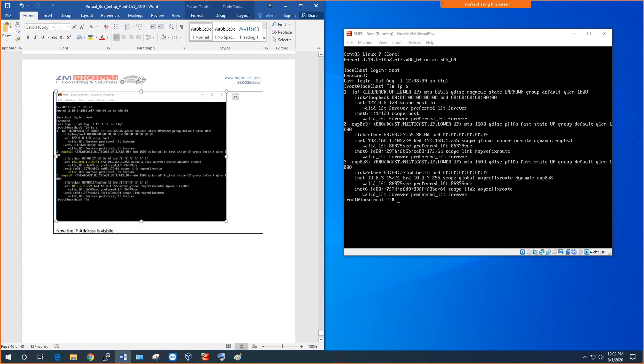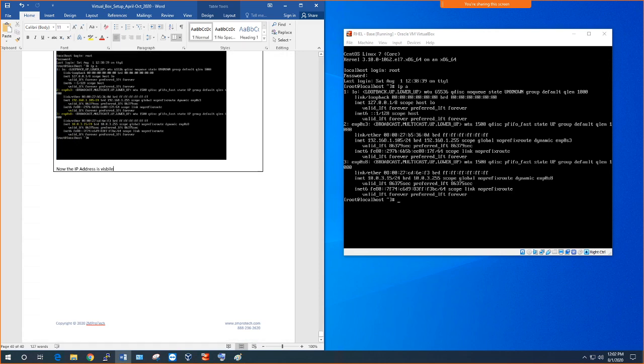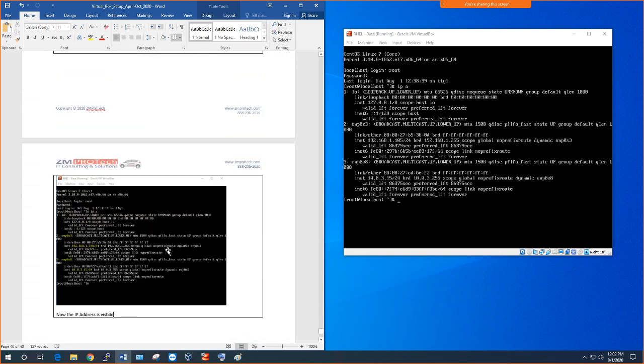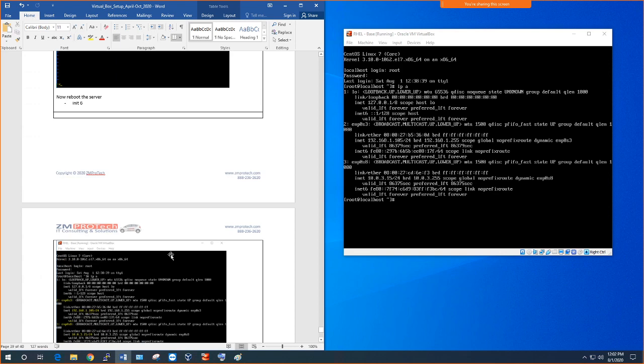Now the IP address is visible. So the highlighted stuff is the IP address. Okay. What I'm going to do now is